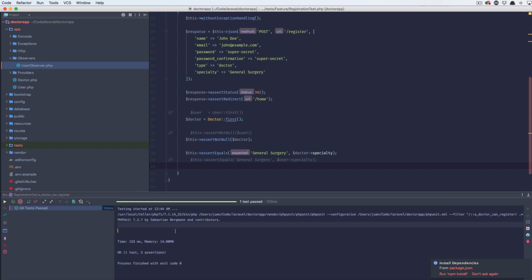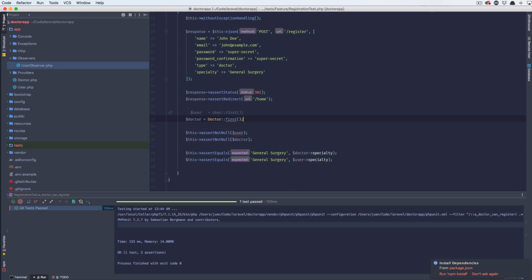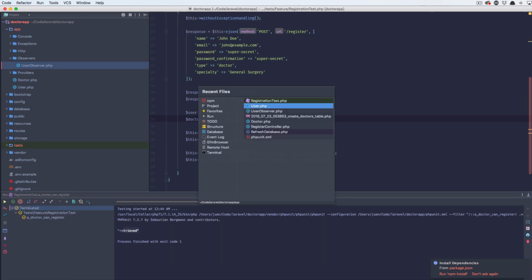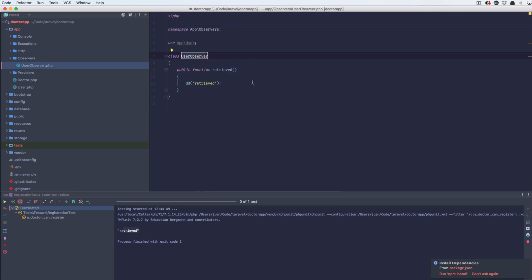We never get that die and dump. Go ahead and uncomment that. Refresh. Now we are hitting the observer, which is here. And in this observer, we're going to do something very simple. All we're going to do